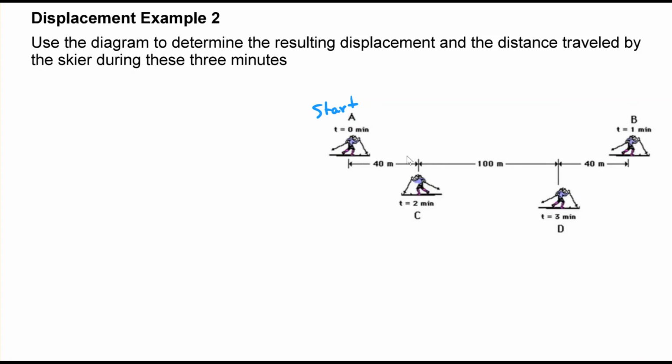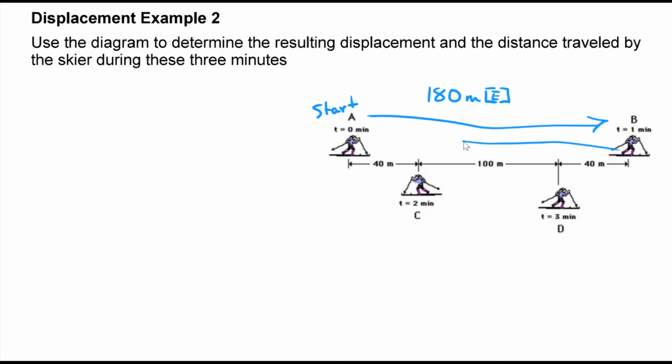We went 40 plus 100 plus 40. So okay, all right. From A to B, from here to here. So we went 180 meters, and I'm going to say that's to the east. Hopefully that's okay. And then from B to C, because that's the next time, 2 minutes,